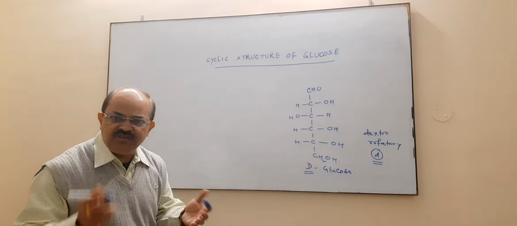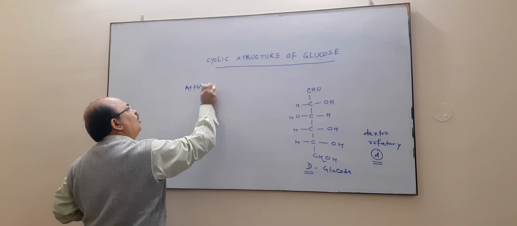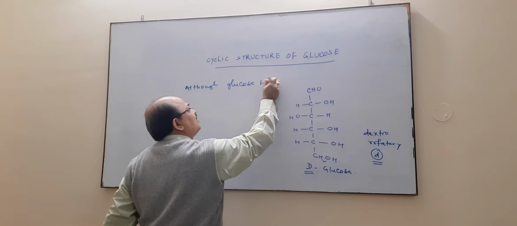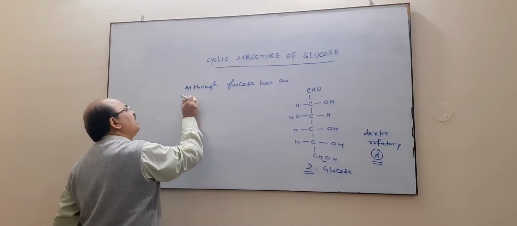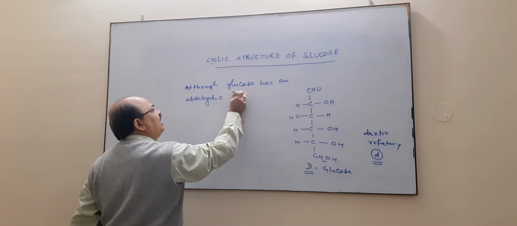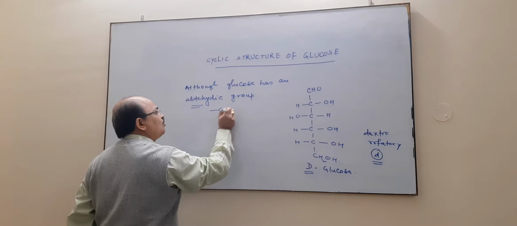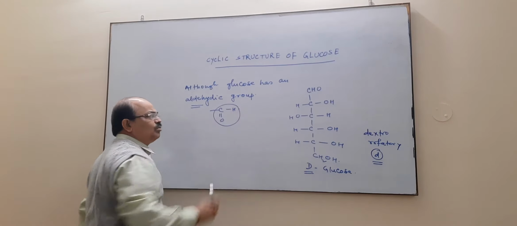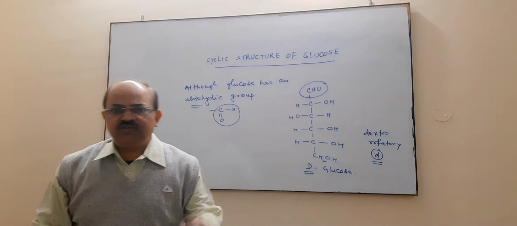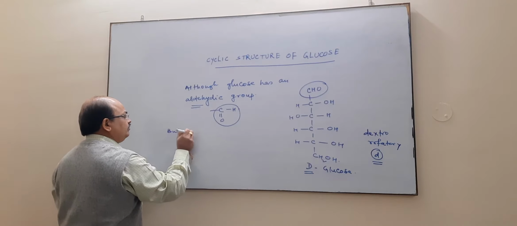Now, what are these reactions? Although glucose has an aldehyde group, that is, it has a CHO group, it fails to explain